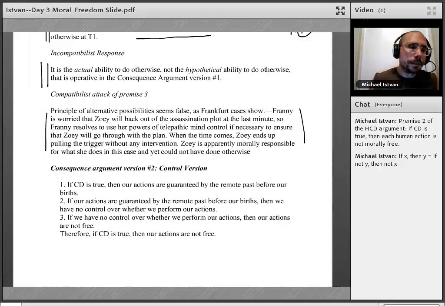I don't want to get into this discussion, but I know that a typical student might say at this point, well, Zoe might have pulled out at the last second without her partner Franny knowing she was going to do so. And I would say that saying that, to try to get out of the problem and defend premise 3, might be a distraction and might miss the point.